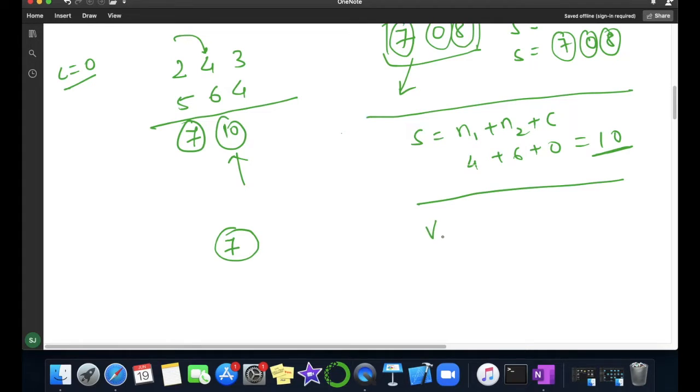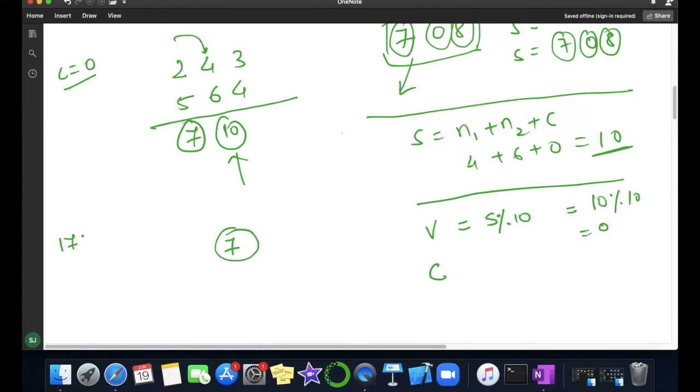Our requirement is one value and one carry. So if I simply apply the formula S modular 10, what will I get here? 10 modular 10, so I will get remainder 0.